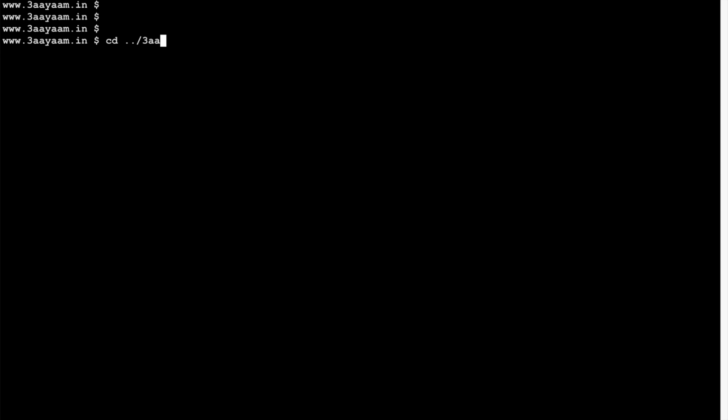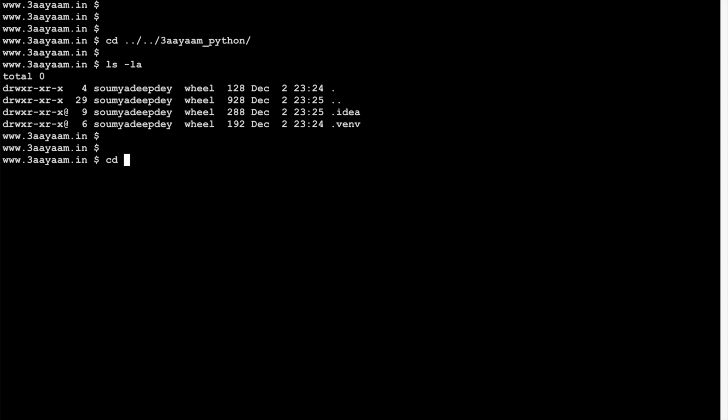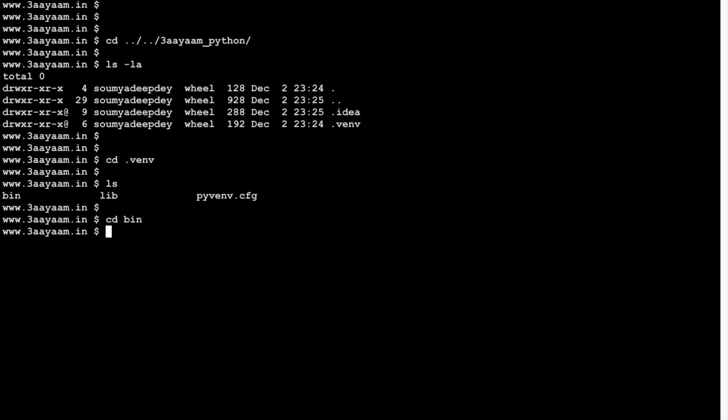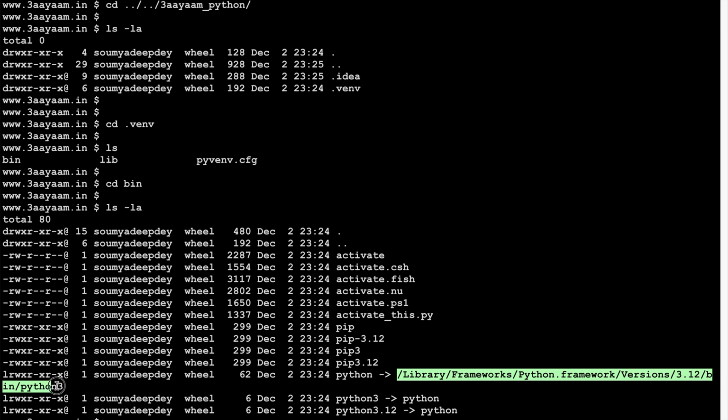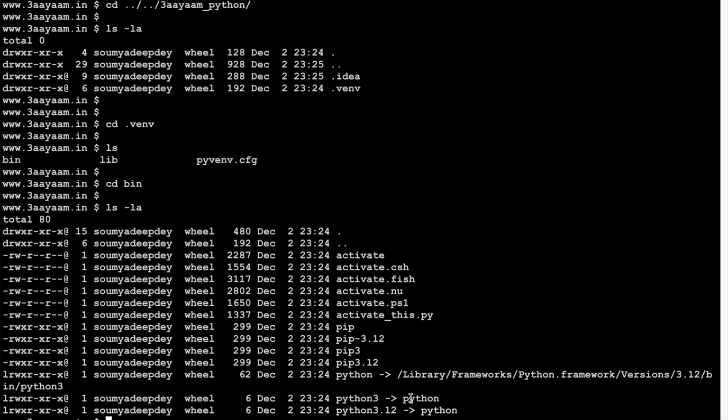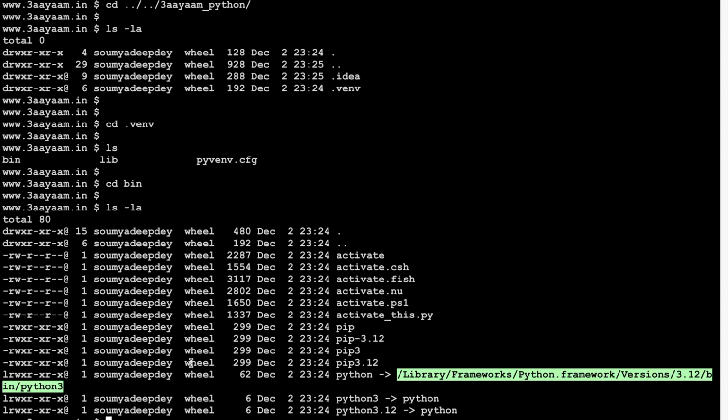So if I go to my previous folder in 3iam python and do an ls -la, let's go to the virtual environment. Here bin contains the Python binary, and I go inside it and do an ls -la. So this is the Python location. Now if you see, this is a link or a shortcut to the actual binary. So that's what I was saying. Python 3 is a shortcut of Python, Python 3.12 is a shortcut of Python also, and Python is a shortcut of this location, which is actually my